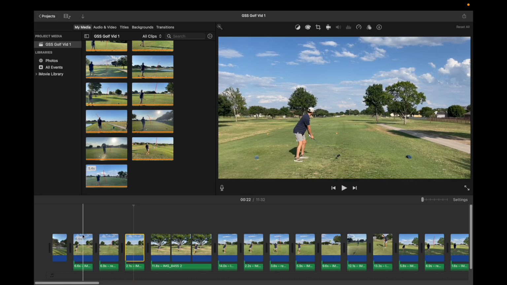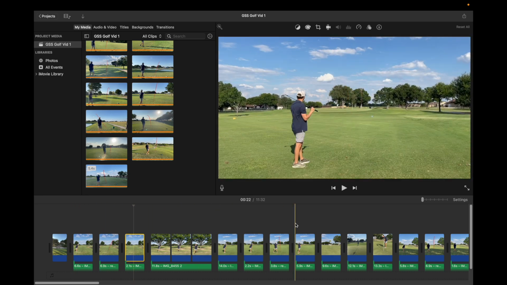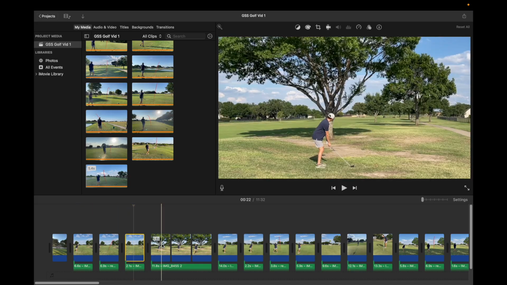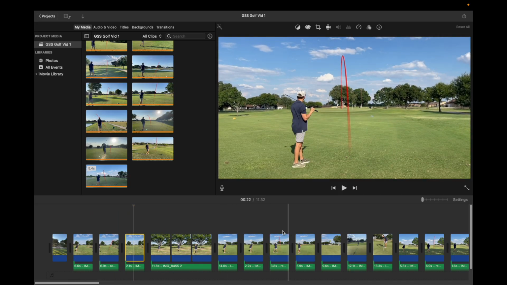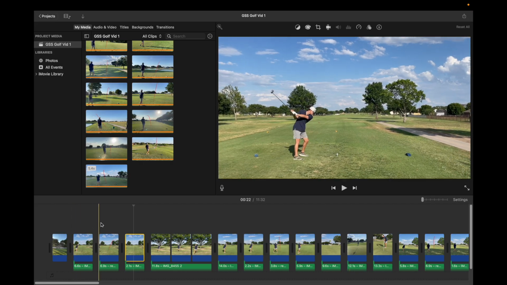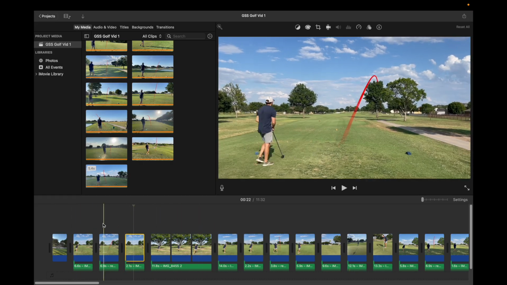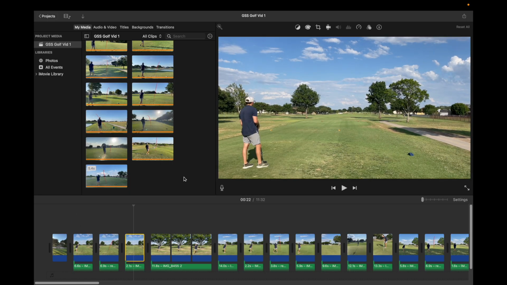So let's get started. I've got here a 10-hole round, and I've already edited it and got it all put together, and now it's just time to throw on the templates. So I am going to show you how to do that. So let's go ahead and move on over to Golf Score Studio,